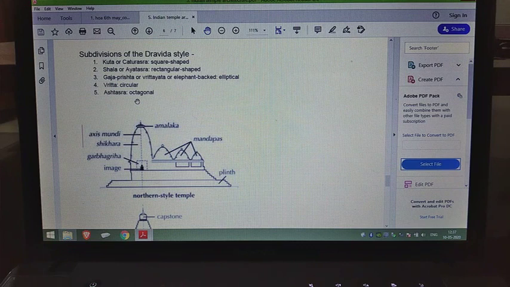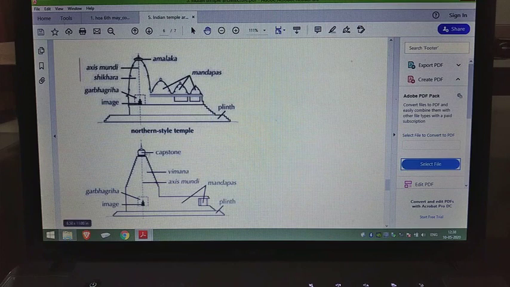A lot of people say that Tamil is the oldest known language. Maybe it is true, I don't know. But if you listen to Tamil, you will understand a lot of the words are very similar to some of the older style of Hindi or Sanskrit that we used to have. Right? So this last photograph gives you a comparison of the Northern and the Dravid style.